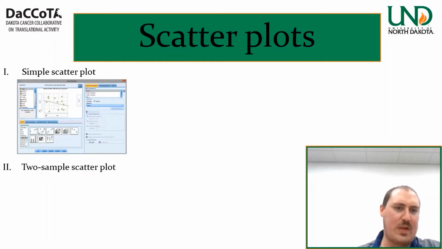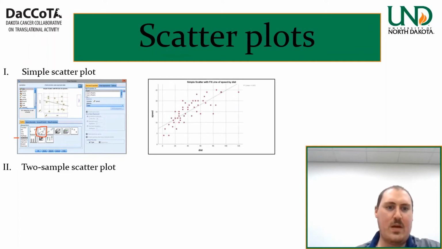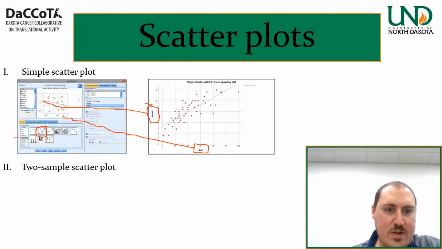Simple scatter plot is not too bad at all. In SPSS, we get our scatter/dot, and what the heck, let's do the second one, which will give us a best fit line. And with distance as the x variable and speed as the y variable, we put in here, we get this out. Now to get this line, you're going to have to make sure you have your linear fit line being